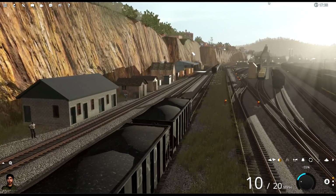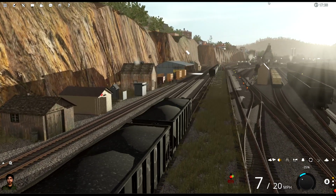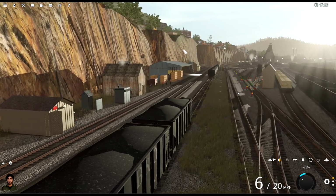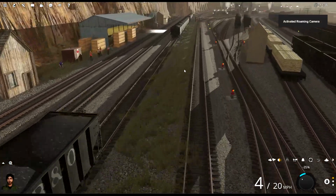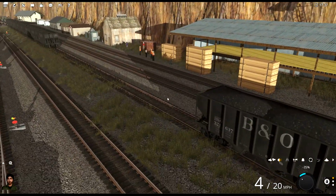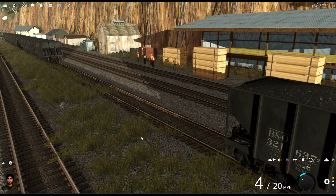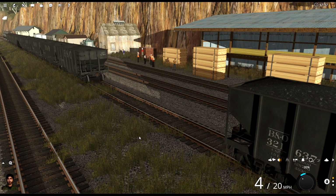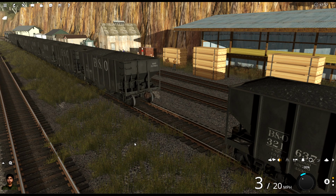Alrighty. Now, I only slow down a little bit early here because we don't want to have another nail-biting experience like we did last time. Okay, it's looking good now. Especially now because we don't have a lot of room to play with over there. I mean, we have an adequate amount of room, unless you're going to come in like I was last time, screaming. And then maybe the room will run right out. All right. I slow it down one more and still keep it above 3 miles an hour. It is at 3 right now. Is it gonna fall anymore, or is it gonna be